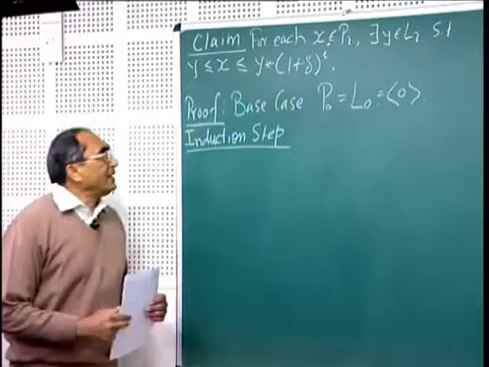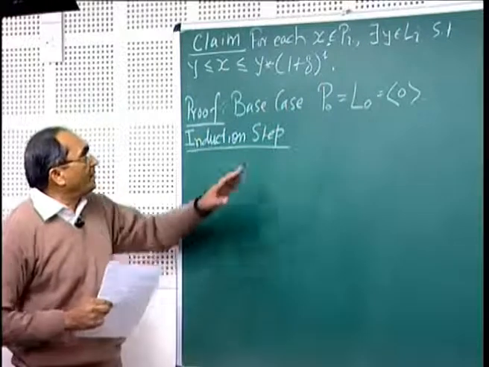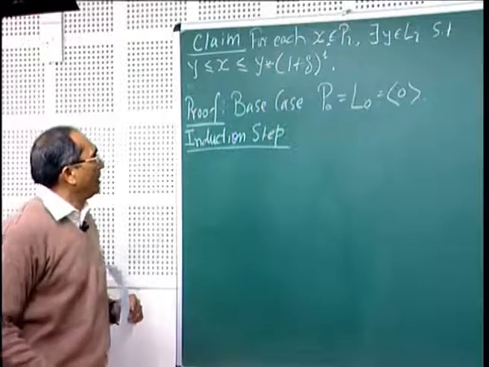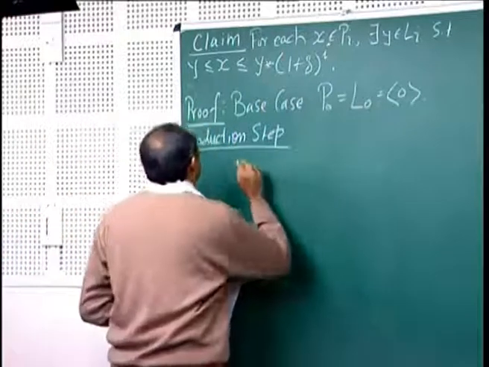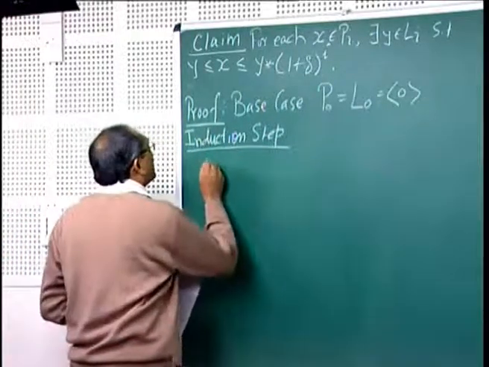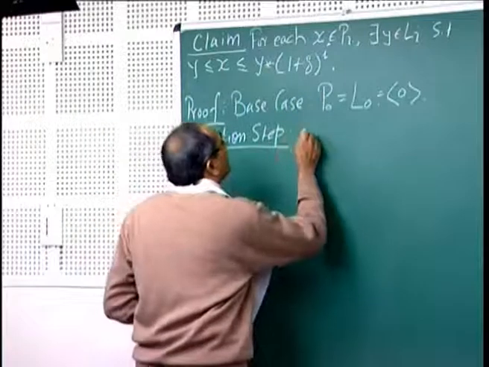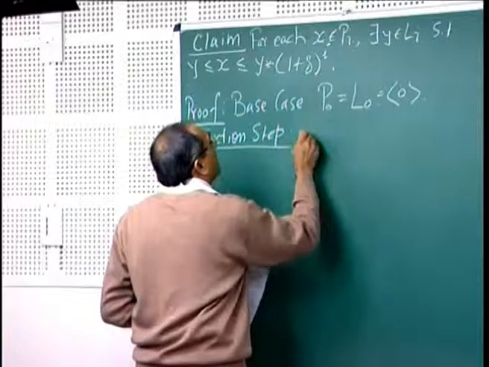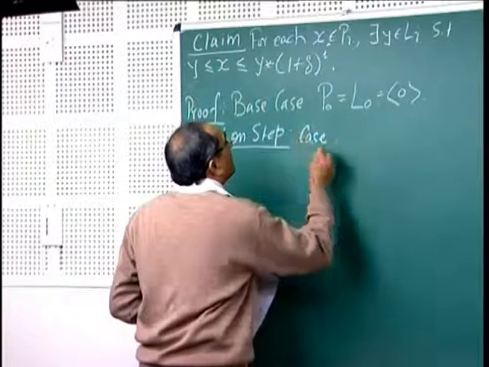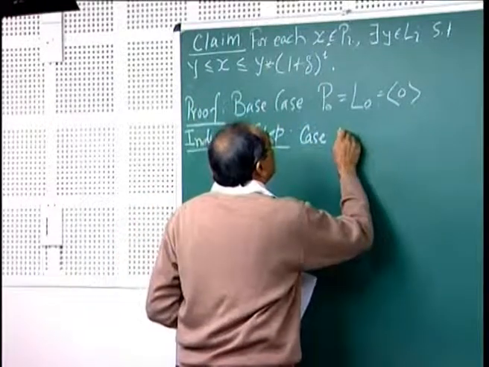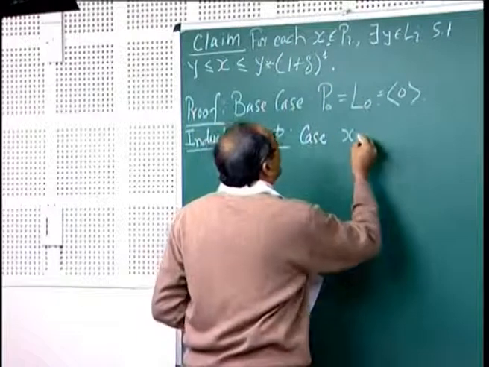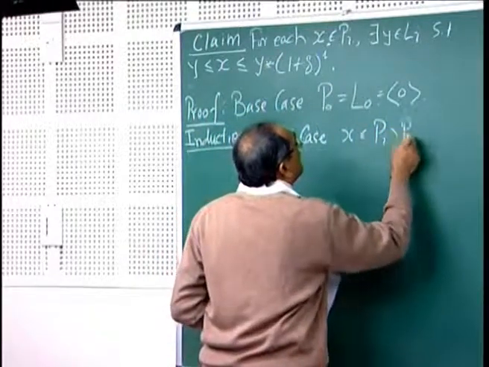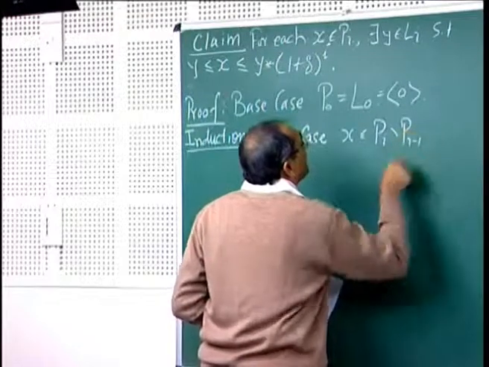Let us assume that the claim holds for i minus 1 and we want to prove for i. Let us take two cases. So, case one,